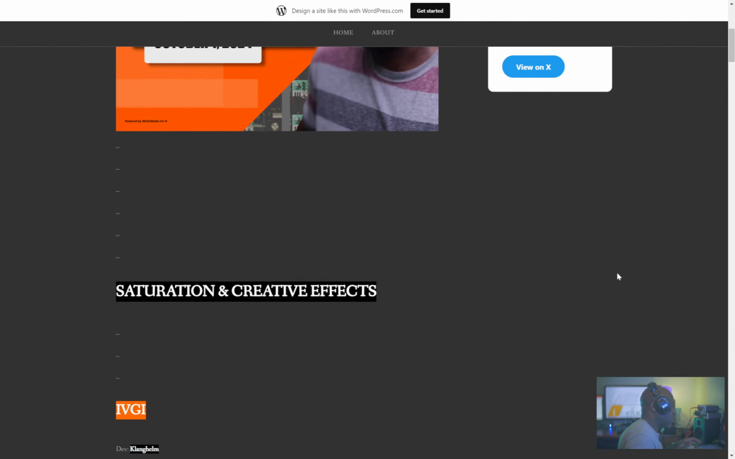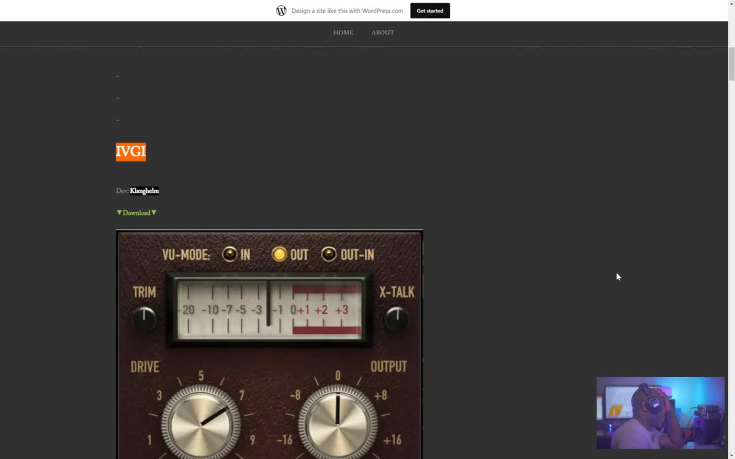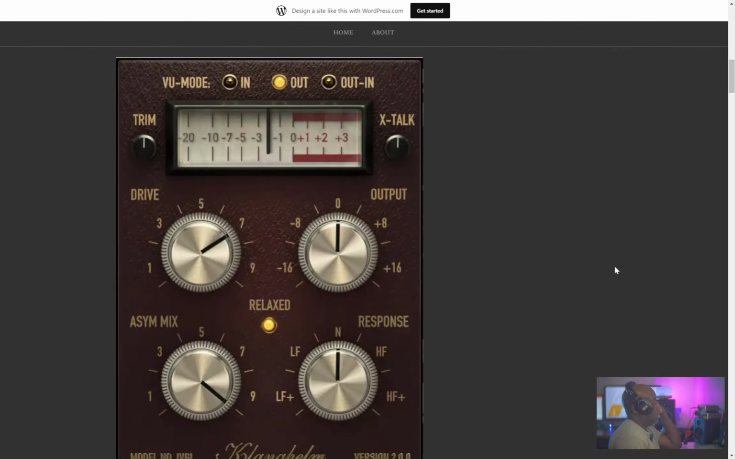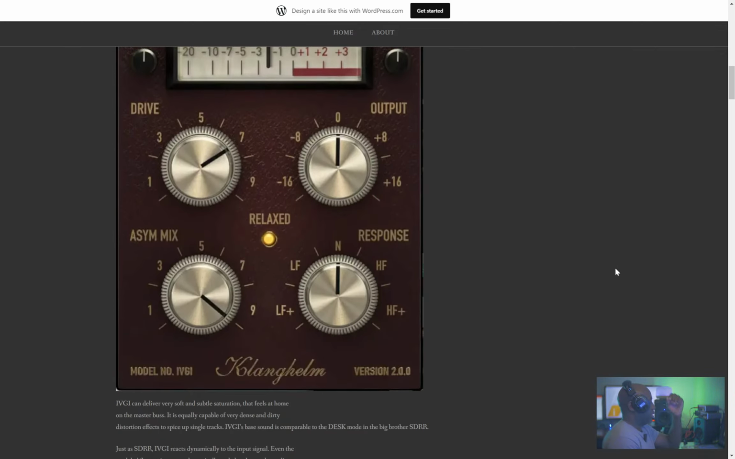The free plugins for today, October 1st, 2024, are as follows. So first up here, we have IVGI from Klanghelm. This one's been around for a while. They've been updating it, keeping it up to date with the latest VST standards, VST3, all that good stuff. They made it resizable. They are tweaking and working the algorithm, making sure it's performing properly and properly utilizing the